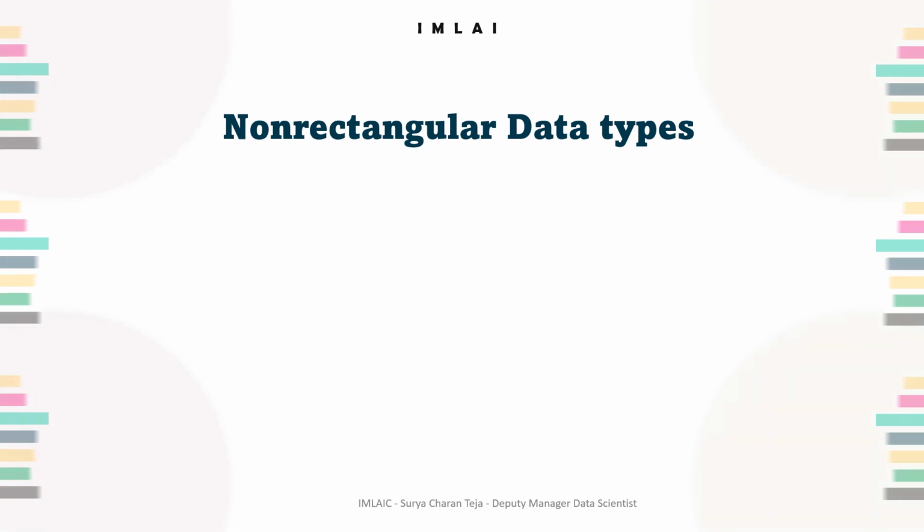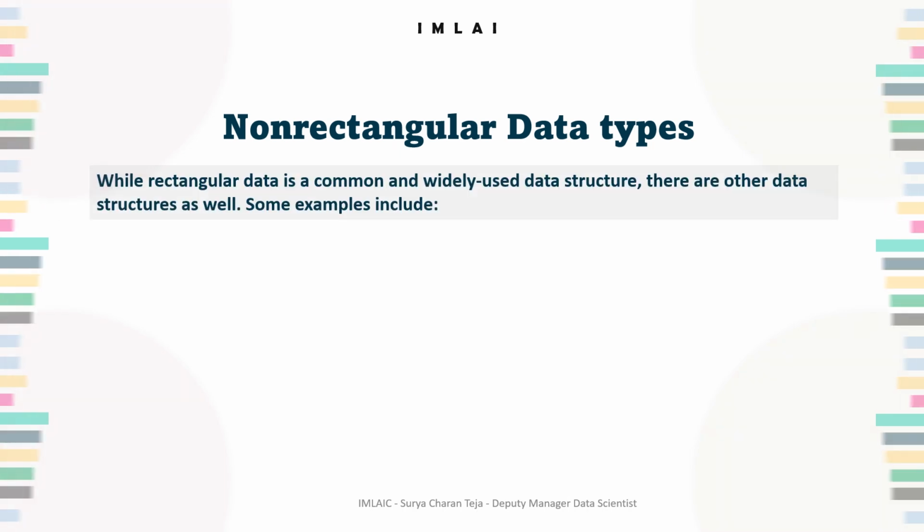While rectangular data is a common and widely used data structure, there are other data structures as well. As we have discussed, some of them are time series data, and then we have discussed the spatial data structures, and the third one we have is